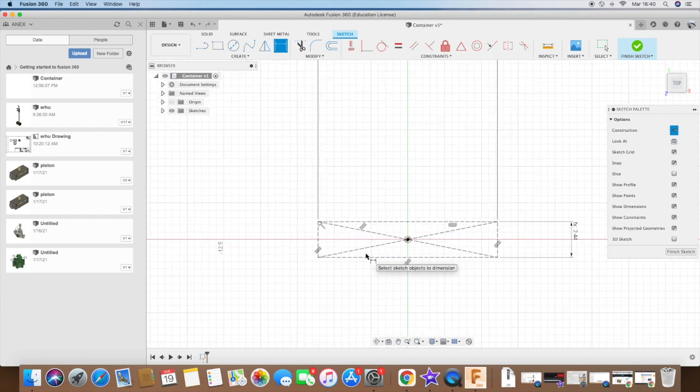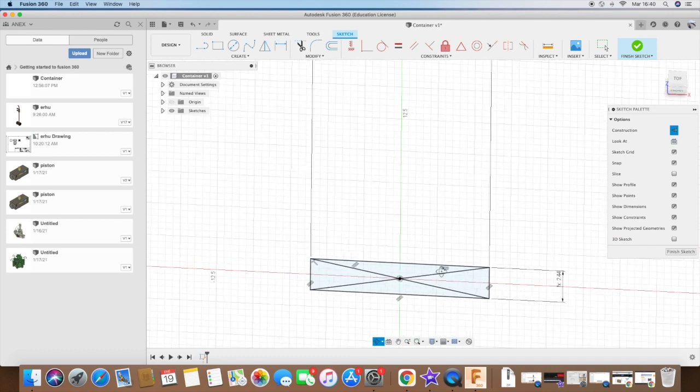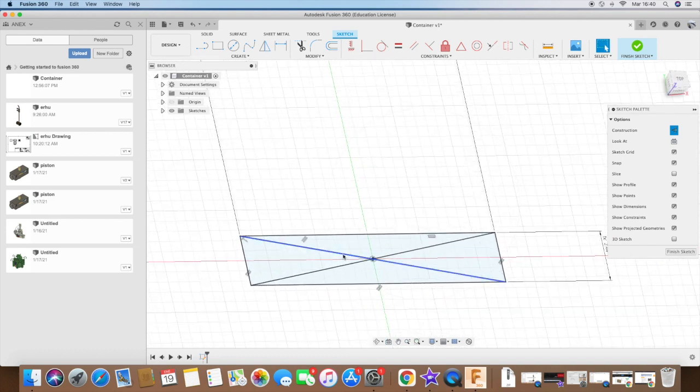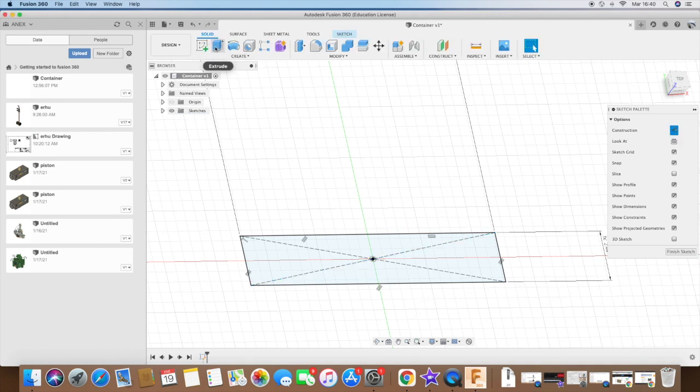And let's see. So now it's the part where we are gonna begin modeling this thing. So actually, I think I'm gonna make all of this a regular rectangle. There we go. Let's bring it up. I'll make this line a construction line, the same with this one. Boom. I'm gonna bring it up by just